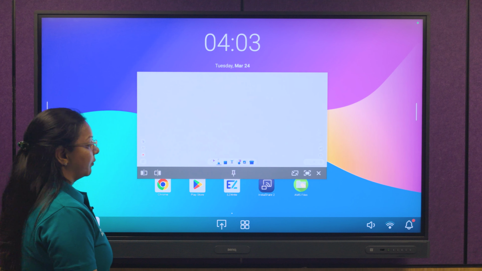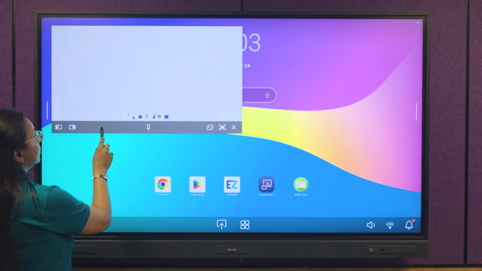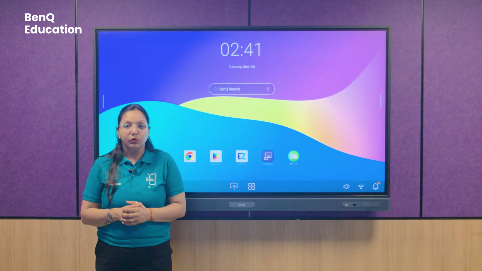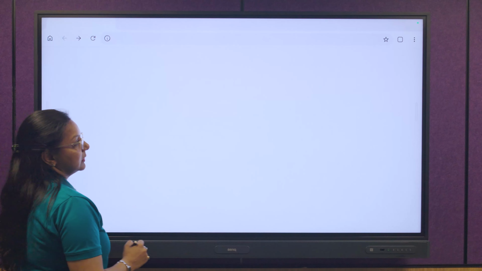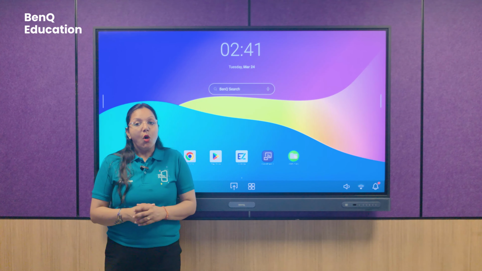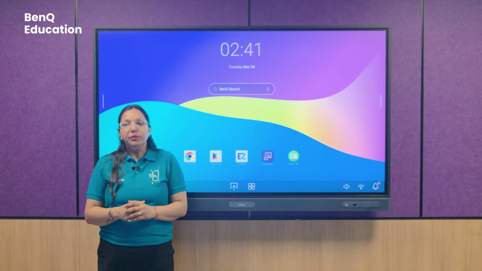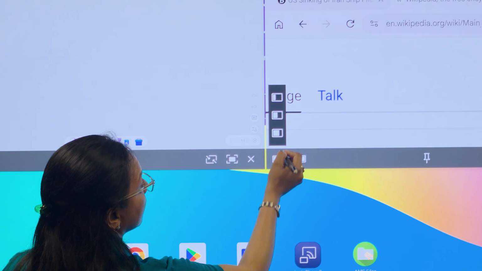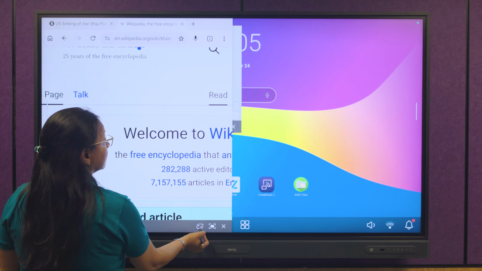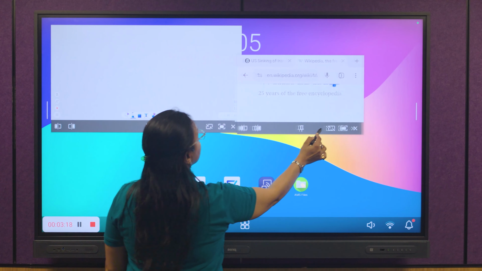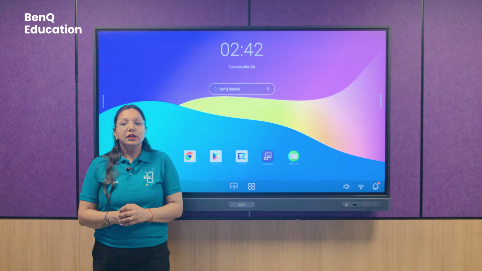Once activated, the current application will minimize into a resizable window. You can then open additional apps in the same way. The board also allows you to view applications in quad view, enabling multiple windows to run simultaneously. Using the side controls, you can easily adjust the size of each window as per your requirement, making it flexible